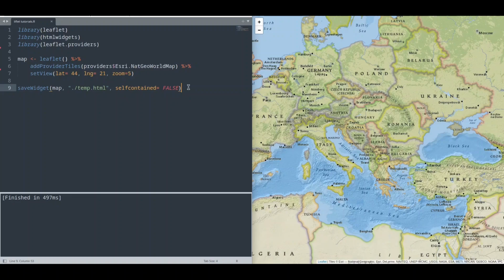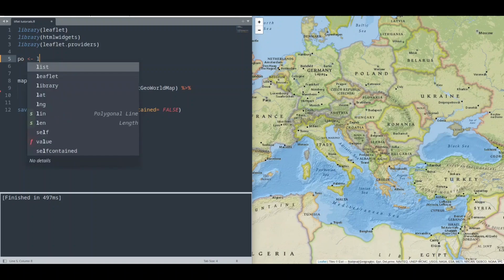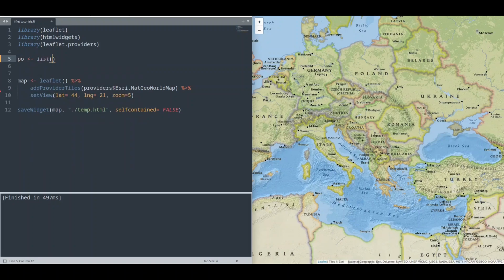Today we are going to continue our series about Leaflet package and R programming language, and I'm going to show you how to draw polygons on your map. And first I'm going to create a list, PO for polygons. It's going to be a list, and I want a collection of latitude points